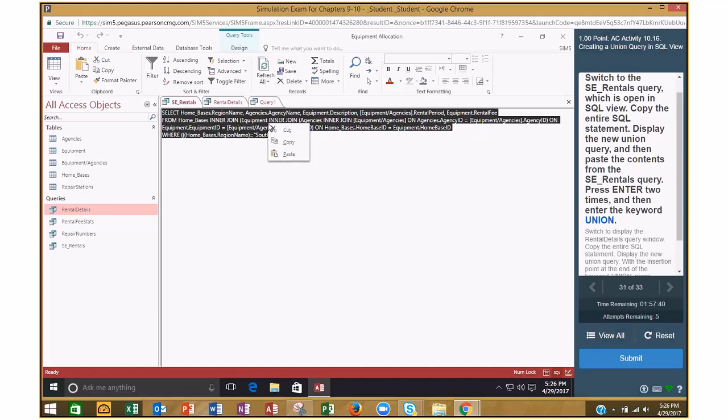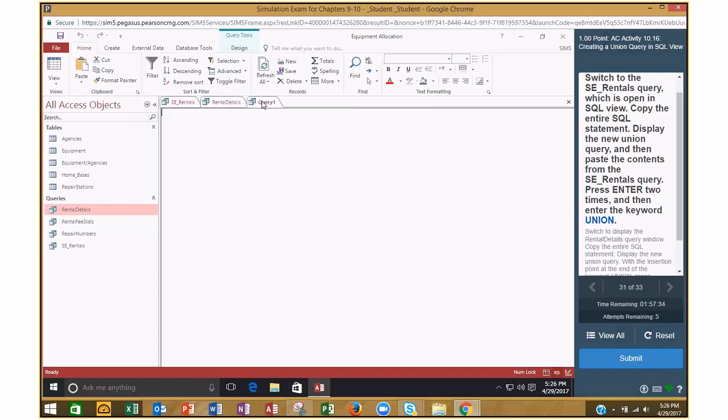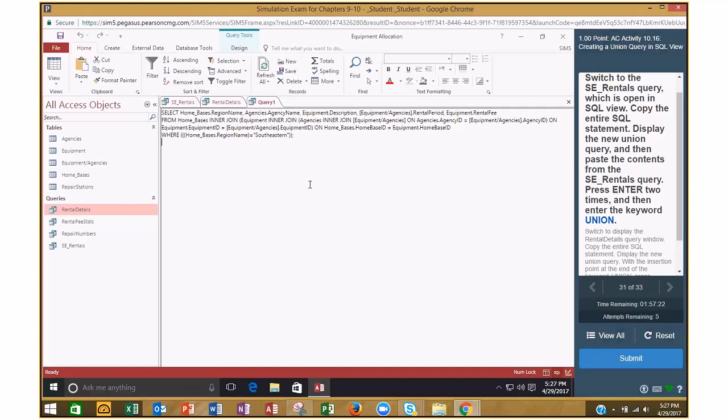I'll right click and copy, and then paste the contents. Okay, so I'm pasting. Press enter 2 times, then type union,